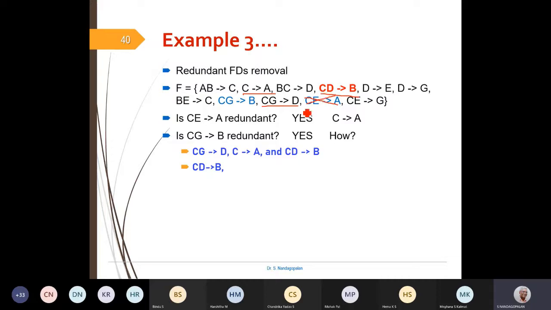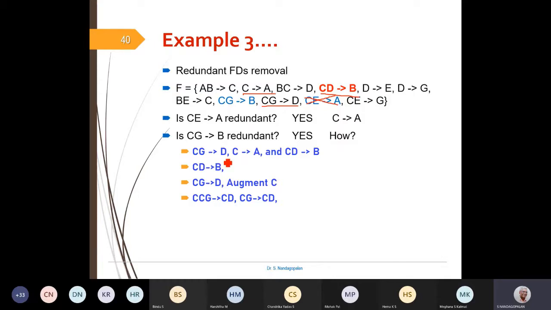So these 3 FDs I have just taken in order to prove that using these 3 FDs I can derive CG arrow B. I'll start with CD arrow B, and then I have CG arrow D given. My idea is to keep my right hand side B, that's the expected one, and the left hand side should be CG. So in order to get that, I'm just picking up these two FDs.